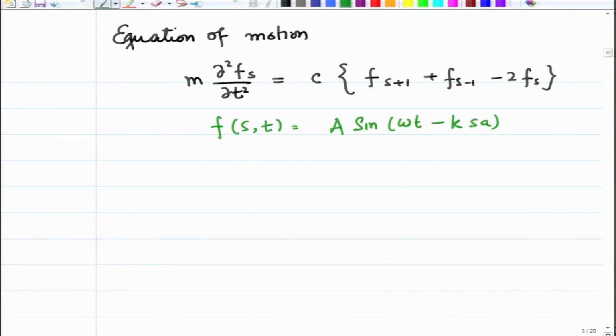Let us take the derivatives. If I take the time derivative, d2f over dt square would be equal to minus omega square A sine of omega t minus k S A. Let us also calculate the right hand side now. So, this is my left hand side. The right hand side